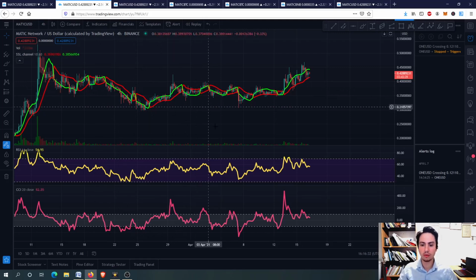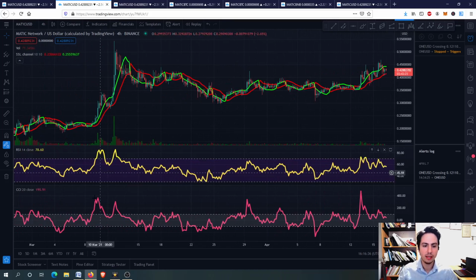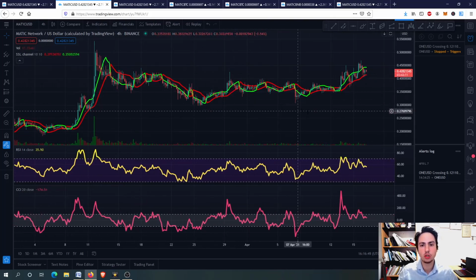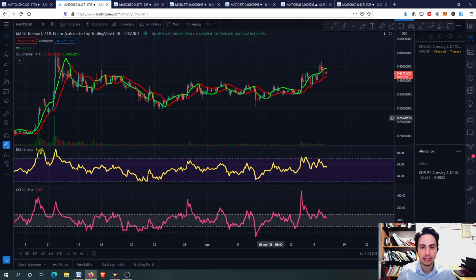Of course, when we are not in a consolidation, we are going upwards, it doesn't have to be below minus 100. You can see here a very clear buying opportunity. We were going upwards, but the commodity channel index was above the minus 100. So only when we are having a bearish situation, that's when we want to know if the commodity channel is beyond the minus 100 and if the RSI is near the 30, that's when you want to buy. I'm talking about a bearish market, because in a bullish market, when we have an uptrend, you